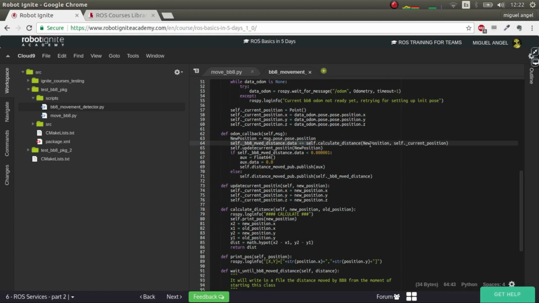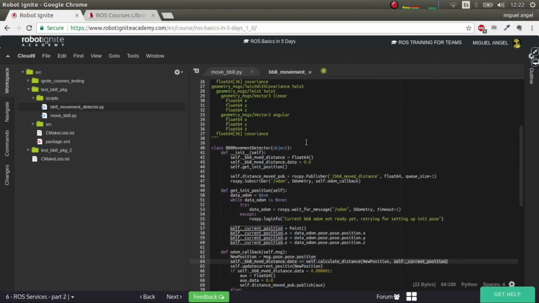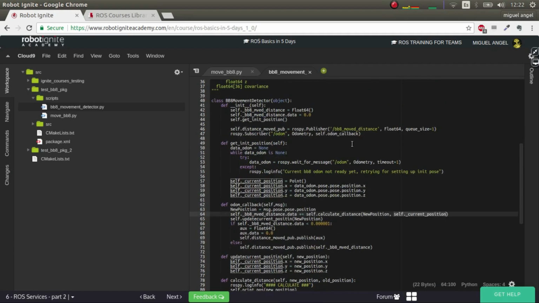For this, we have to have the current position. So the initial position, you see, is initialized at the start in the init function of this BB8 movement detector object, which stops and listens to the odometry, and when it gets the first message,